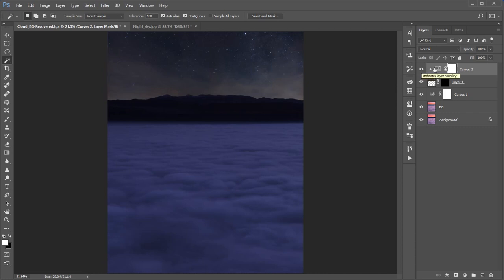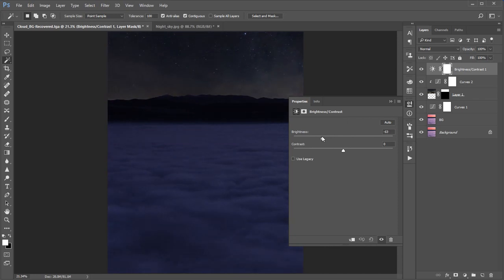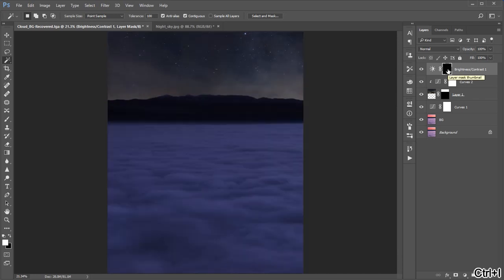If you will see here, this area is brighter compared to the mountain, so we need to dark the cloud near the mountains. For that, I will take brightness and contrast layer, reduce the brightness, then invert the mask, select brush, make sure the flow is somewhere 50 and opacity is 50, and simply paint.